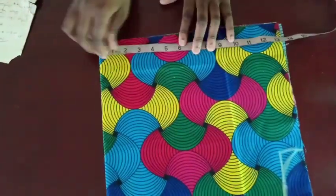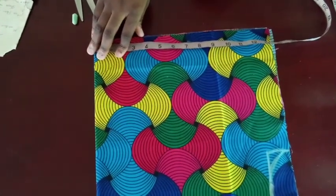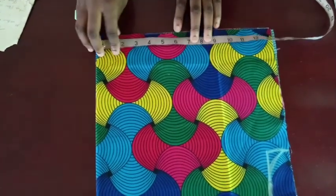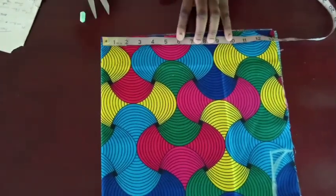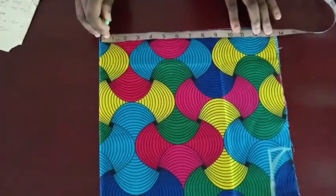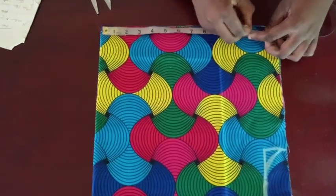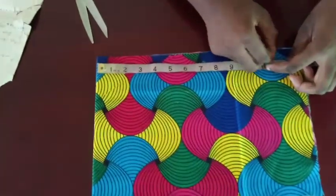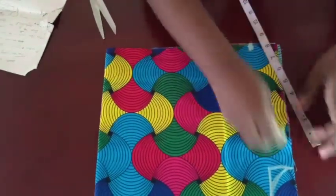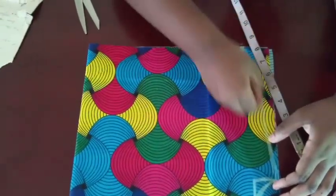The waist measurement that I have here is 33 plus 12, that will be 45, right? So if I divide it by 4, I'm going to have 11.25 to work with. So I'm going to mark it down here. I'm going to mark 11.25 down here, and then from this point here, I'm going to connect the 2 lines together, right? I'm going to connect these two together